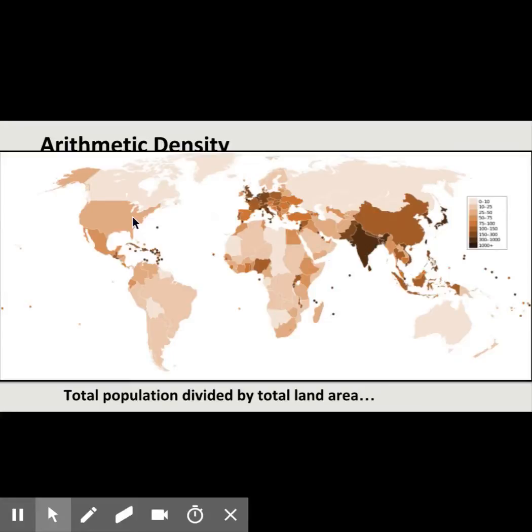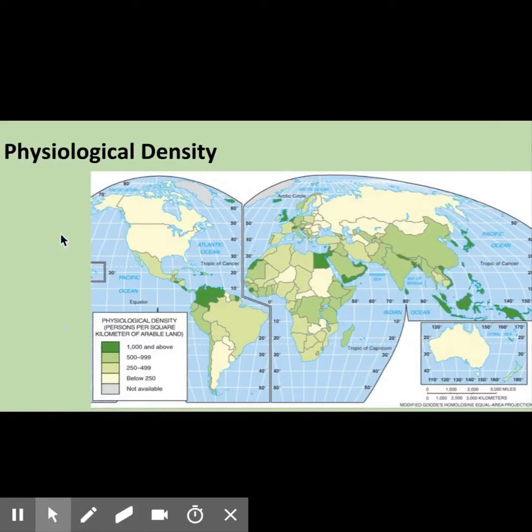So we as geographers, though, know there's a couple problems with this. We are committing the act of induction when we use this one. If we look at arithmetic density in the US, we know that most of the people in the US actually hang out in the southeast of the United States, right? They don't hang out in the Midwest, and only a bunch are on the West Coast, but not too many in the South. But this map kind of colors them all in. So arithmetic density is going to say, hey, in this country or this place I'm looking at, everyone is kind of spread out equally. And as geographers, we know that we should kind of keep an eye out, which is why we have our second